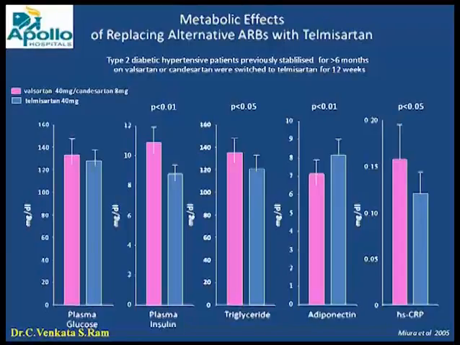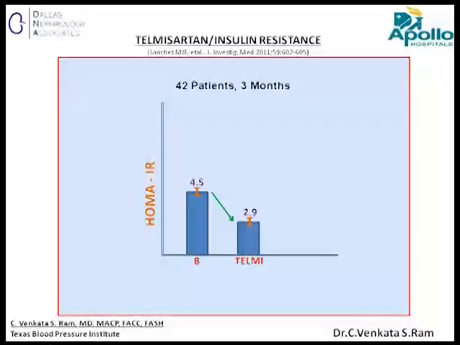So the conclusion of this paper was that between telmisartan and other ARBs, because telmisartan is bestowed with the so-called adjunctive property of PPAR gamma, it appears to have favorable metabolic effects that could be of importance in people who have multiple cardiovascular risk factors such as diabetes, hyperlipidemia. Very important distinction amongst the ARBs.